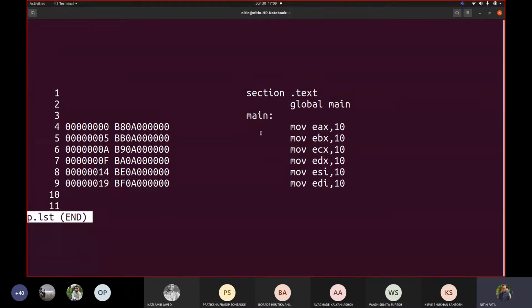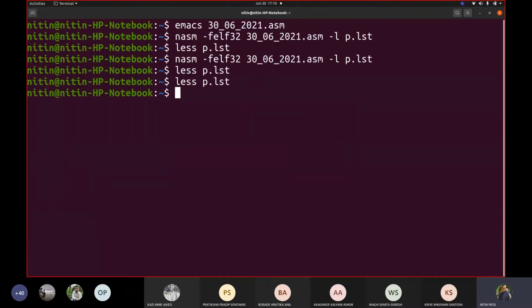So whenever it is B8, ultimately it is going to be mov EAX. You don't care what is the value next. Then whenever you see mov EBX, it is BB, mov ECX, B9. You can even see the order 8, 9, 10, then after that 11. Two registers are missing which we are not using, ESP and EBP. For trial purpose I can add those, but make sure that you will not execute this code. You will not create an executable for this code.